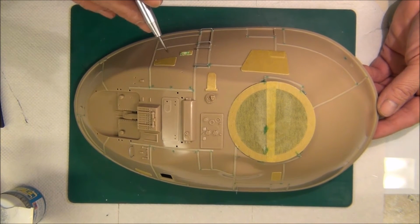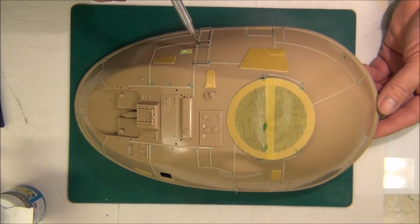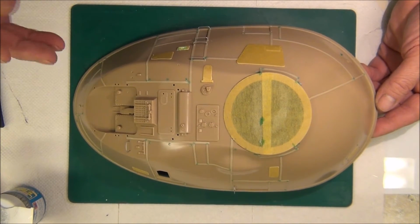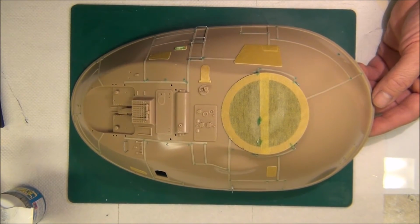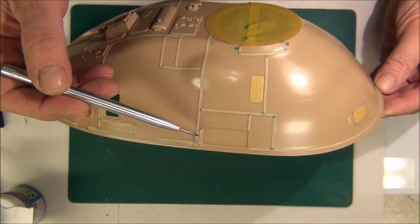Then I went through the model and I drilled out with a pin vise all of the handrail location holes, where the handrails and guards and D-rings and things like that go on here. They're all fairly fragile and small, and they just glue on. I went ahead and drilled all the holes out and simply bent metal wire,